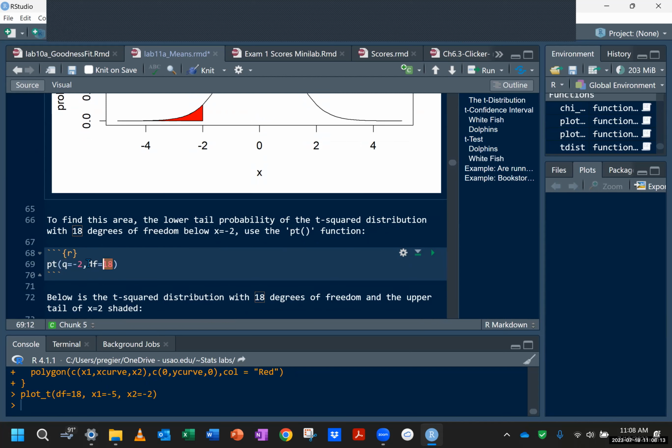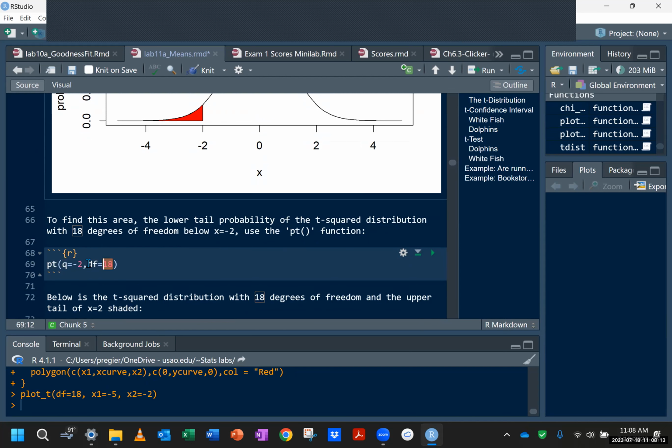So to find that area, how do we do that? We'll do pt, and then instead of q is -2, we're looking at 2. Degrees of freedom is, I think we're at 18 again. 18 degrees of freedom. And this will give me my lower tail. So to get the upper, I can say 1 minus. That's one way to do it. Or I could say,